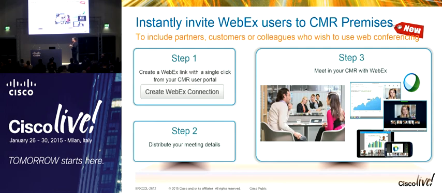You have deployed your personal room on-prem, and you are perfectly running that. You are running a meeting in your personal room on premises. Then you realize you need to involve someone else from WebEx, someone external. What you can do, you can create an ad hoc meeting with WebEx, and this is what you can do in step 1 here. And this is enabled by the CMR